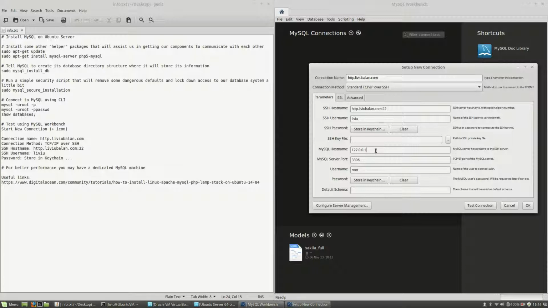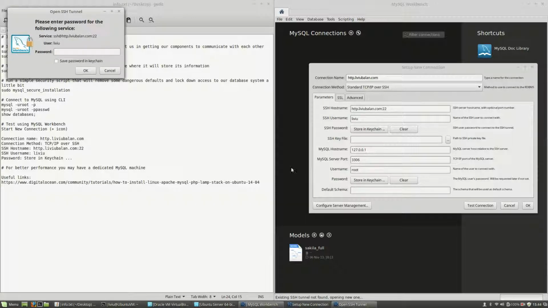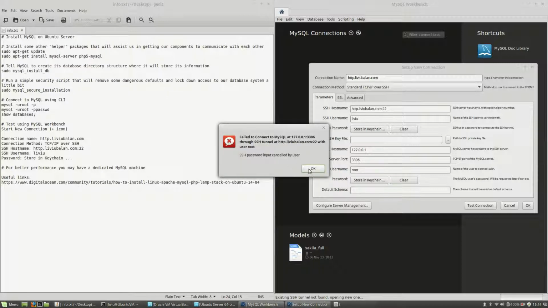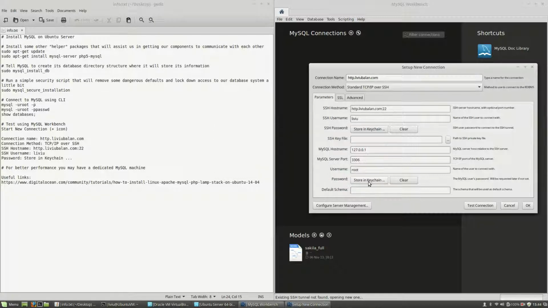Next, I will have to specify the MySQL hostname. I will leave the default as is, the localhost 127.0.0.1, the port, which is the default 3306, and then the user, which is root. Now if I test the connection, you will see here an error. I will store